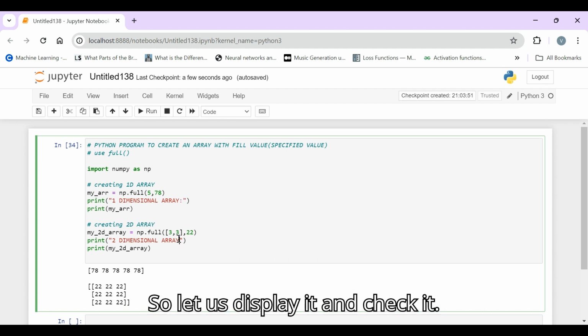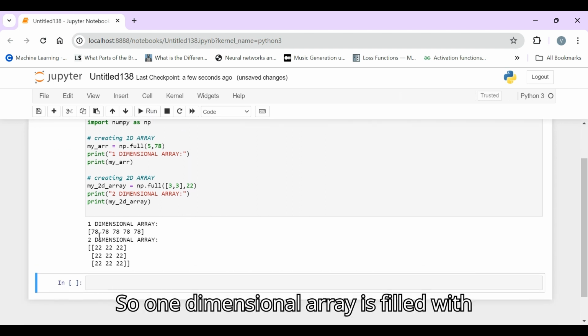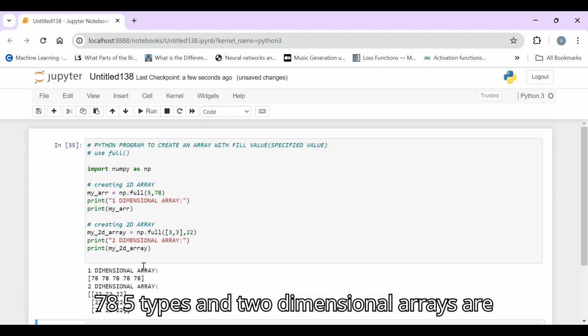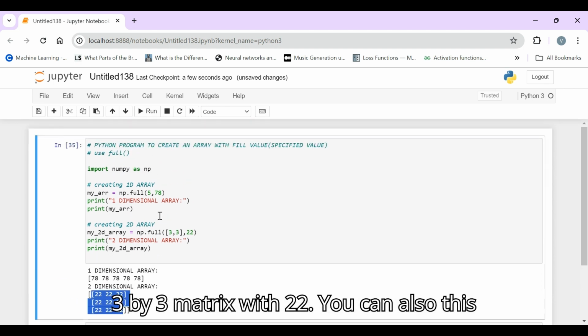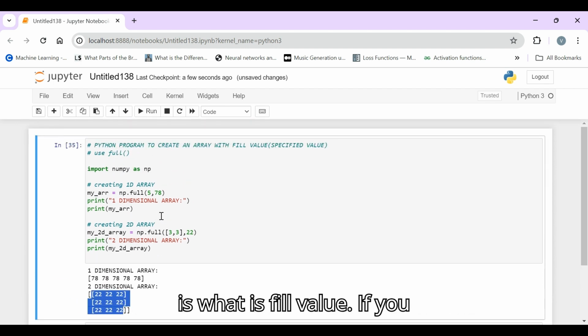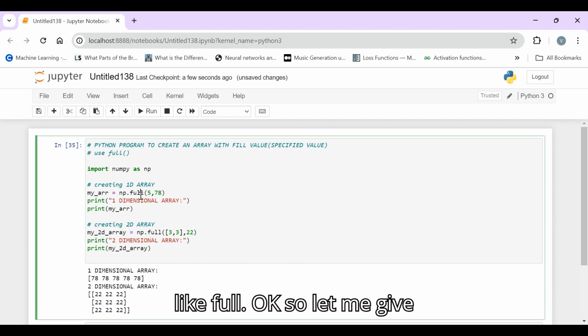Okay, so let us display it and check it. The one dimensional array is filled with 78 five times, and the two dimensional array is a 3 by 3 matrix with 22. This is what a fill value is. If you want to fill the array with a specified value, you can use a function like full.